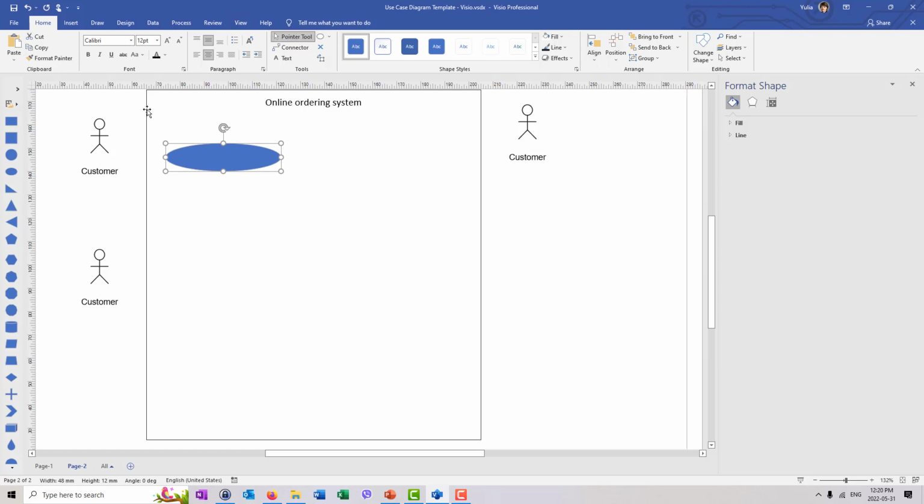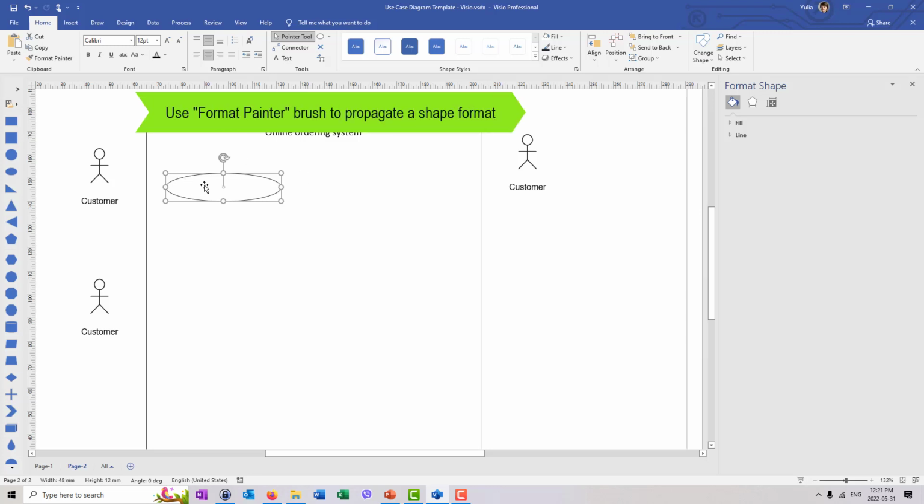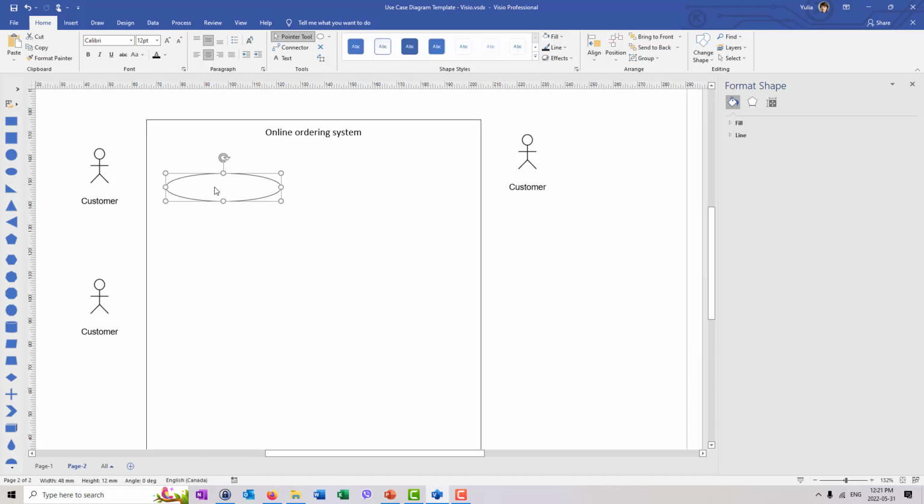Another trick you should always remember, it's so handy when we're doing diagrams, you don't always have to go through coloring the lines and fills. You can select the other shape, for example my big shape, and you can do format painter and drop it here, and this will give you the same format. Okay, so now inside my oval I'm going to type in the name of the use case, and if you type it in, it's always going to be nicely centered. So I'm going to say view menu here,